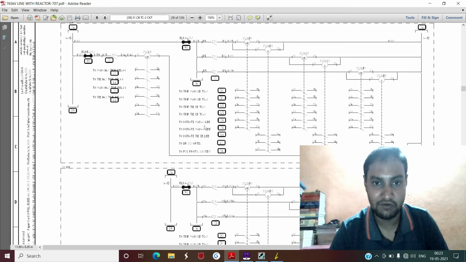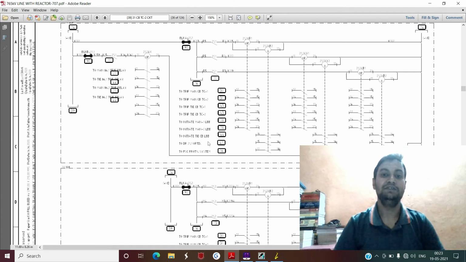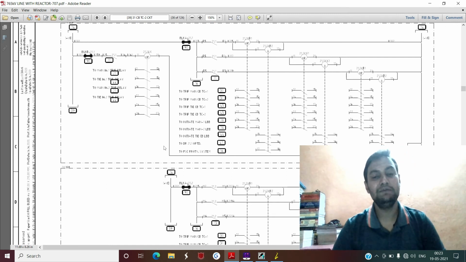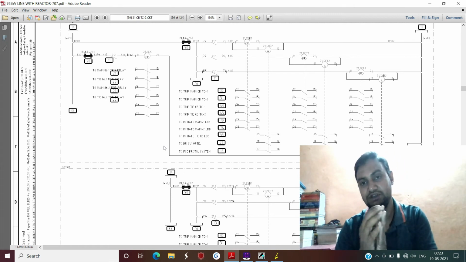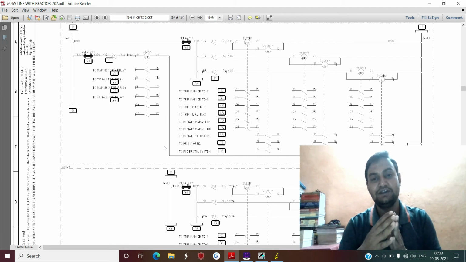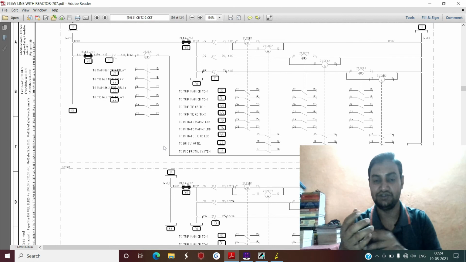The most important thing over here is initiate main 1 LVB, initiate main 2 LVB, and initiate tie CB LVB. I have already explained this during the theoretical session on LVB protection, what the meaning of LVB is. Initiate main LVB means that once your distance relay has identified the fault in any of the zones and has issued the trip command, at the same time when it issues the trip command to the circuit breaker, it will send a signal to your LVB protection relay, and the LVB protection relay will treat this signal as the LVB initiation signal or LVB start signal.